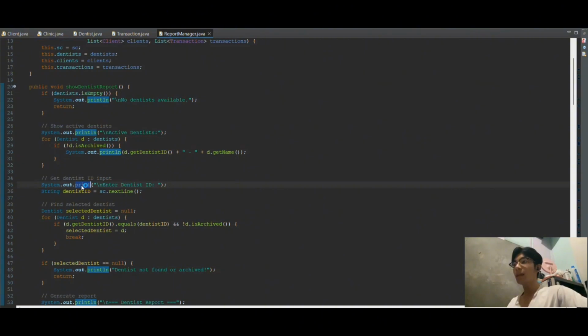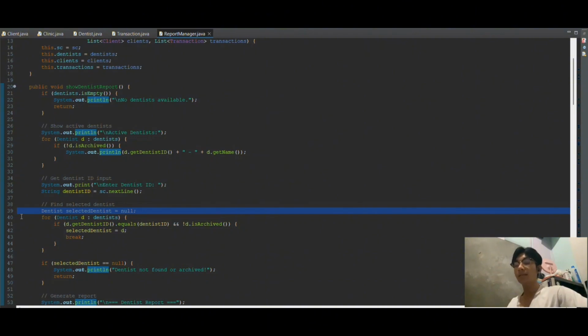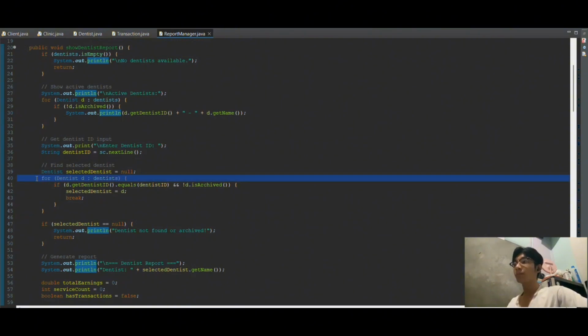Then a print that will prompt the user to enter the ID of the dentist. After that, selected dentist equals null. So this will search for the selected dentist in the system. And the for loop that checks for the matching ID that the user input